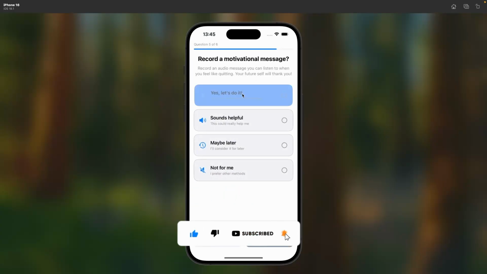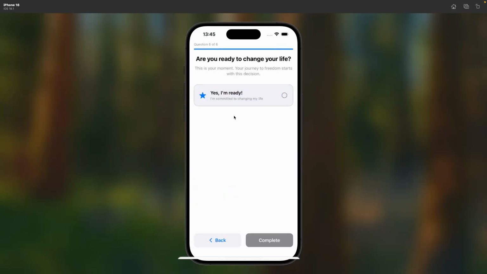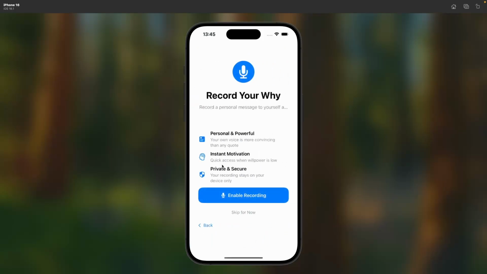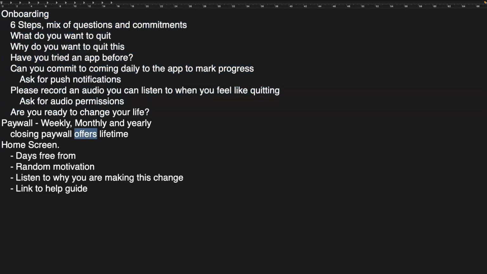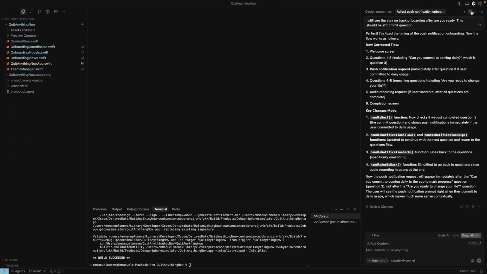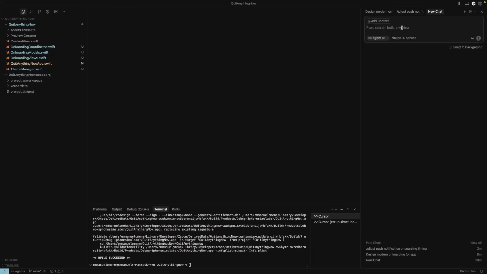And do you want to record a version message? Yes. And now you see this. This is to have all this done. We need to go to the paywall, which is an important part where you have to make money. So I'm gonna create a new chat, and here I'm gonna say,